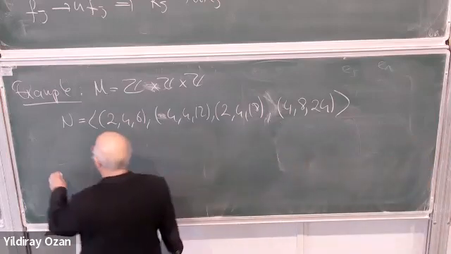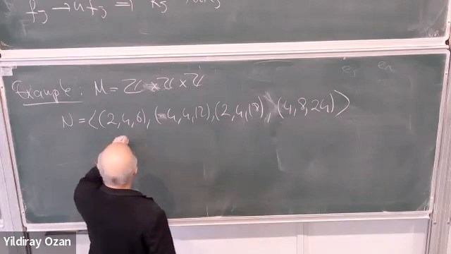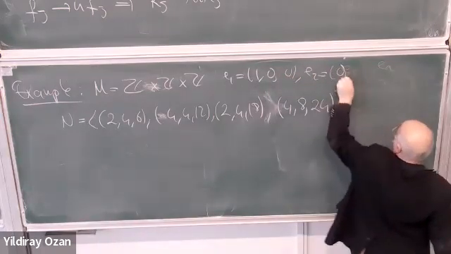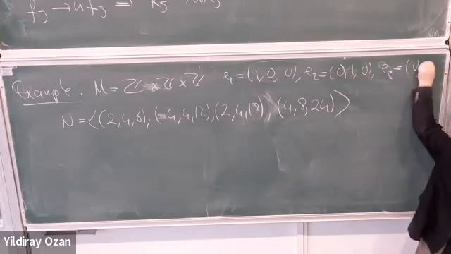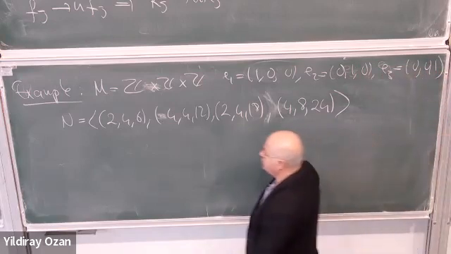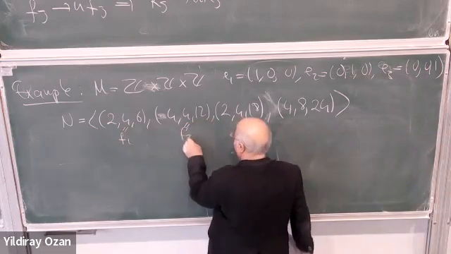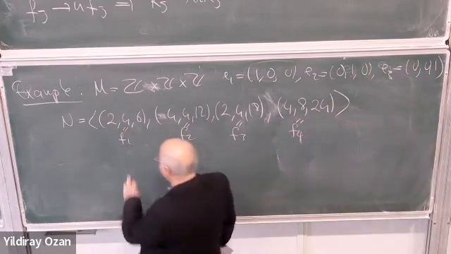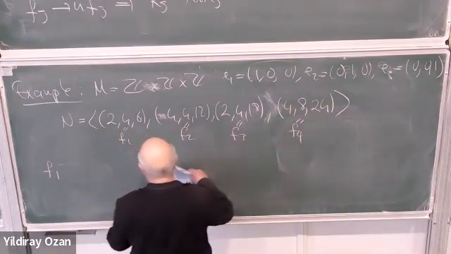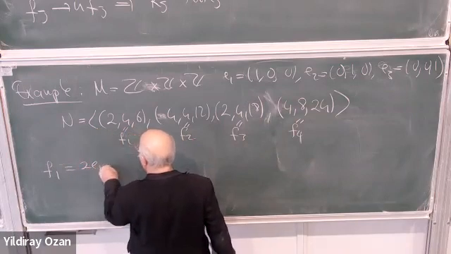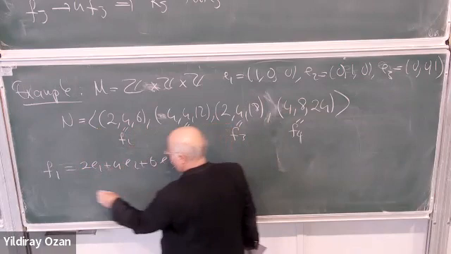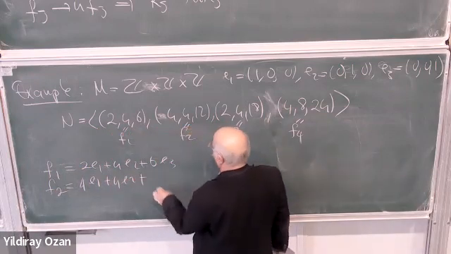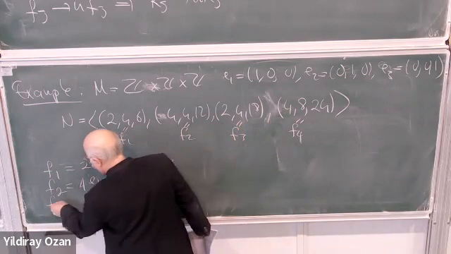Okay, so what is our matrix? So this is E1 is just 1, 0, 0. E2 is 0, 1, 0, and E3 is 0, 0, 1. And this is my F1, F2, F3, F4. So what I do, I write all these vectors in terms of basis vectors. So this is just 2 times E1, 4 times E2, 6 times E3. F2 is just 4 times E1, 4 times E2, and 12 E3. F3 is